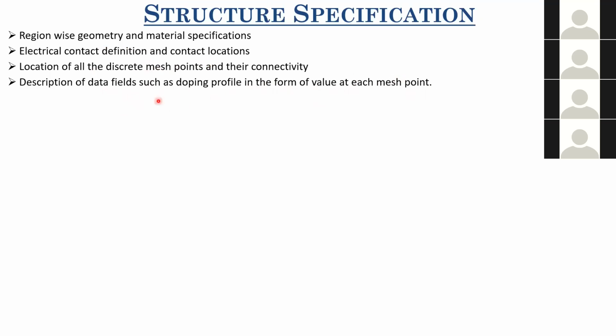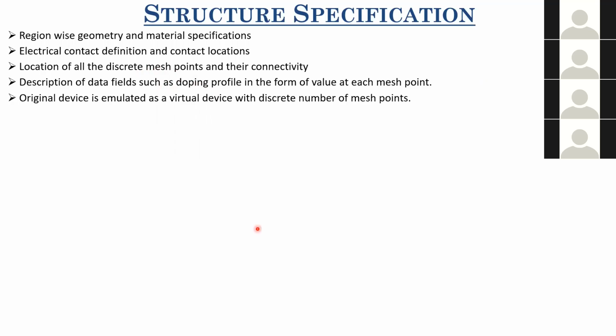You just define the doping profile for different regions, and in all those mesh points, it will take that doping value to be the same or something like that. So you have different options as well. You can define Gaussian doping profiles, uniform doping profiles, and so on. Depending upon that definition, these doping values get assigned to those